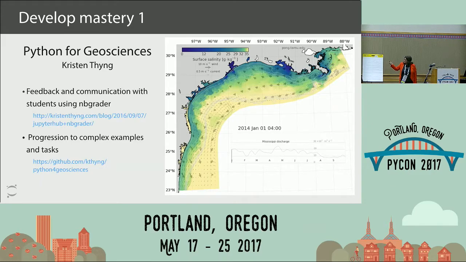And in the interest of time, I'm not going to run that simulation, but if you click on the link once you get the slides, it actually moves in time. And you can actually see what's going on with the coastline. So it's actually really pretty exciting. And she walks students through how to do it.